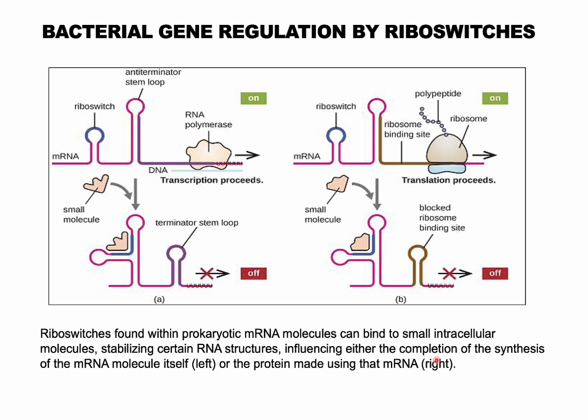Riboswitches are composed of two domains: the aptamer domain, which is pink in the illustration, and the expression platform, which is purple or brown in the illustration. The aptamer domain acts as a receptor that specifically binds to a metabolite. The expression platform acts directly on gene expression through its ability to toggle between two different secondary structures in